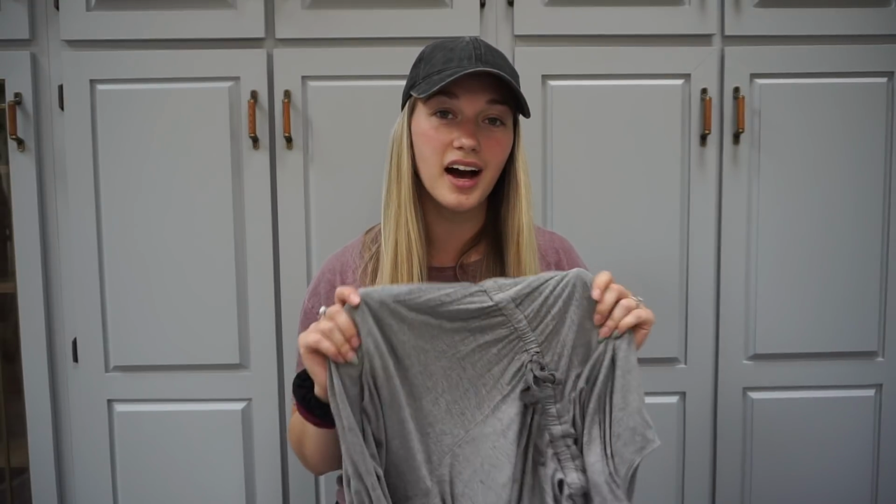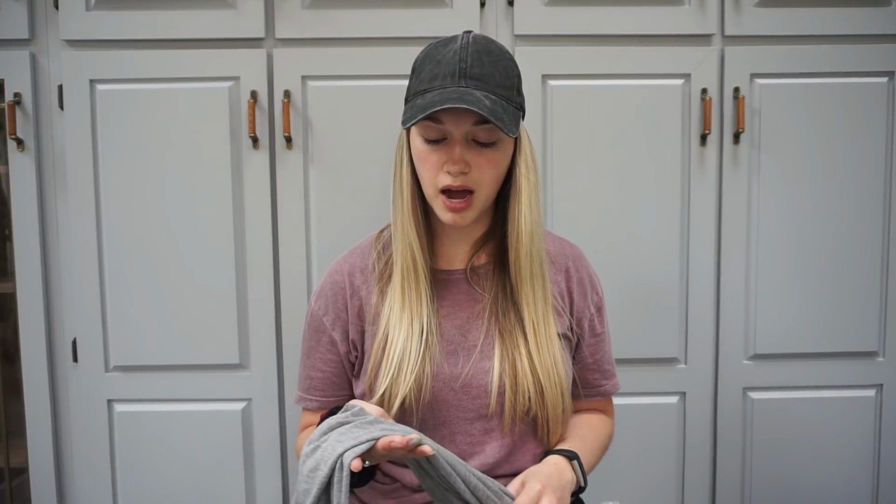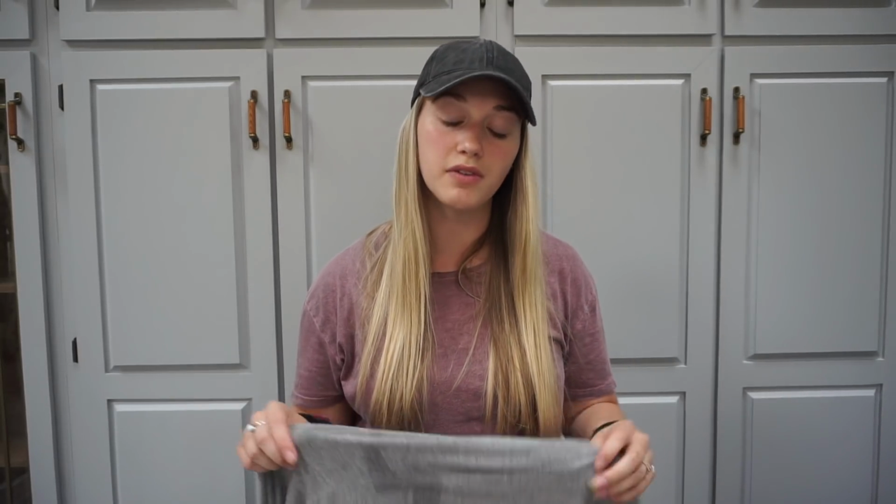And actually I got this when I was in the hospital. I ordered it from Aerie to be my going home outfit because I obviously wanted something comfortable, something loose. And what ended up happening was this was sitting in the bottom of my birth bag, what's that called? Like hospital bag thing. And I had sweet almond oil in there, and the sweet almond oil leaked everywhere,